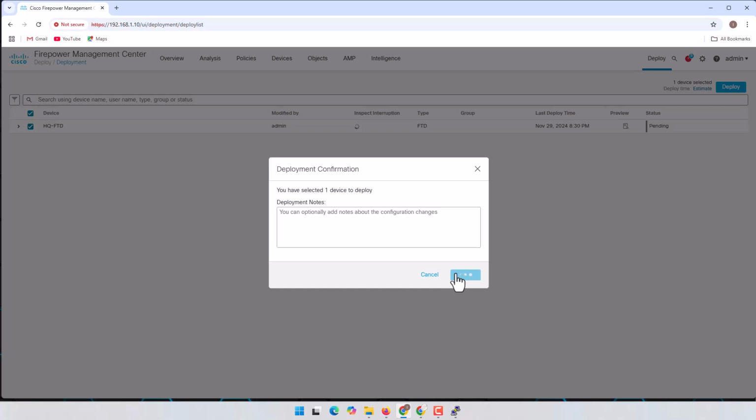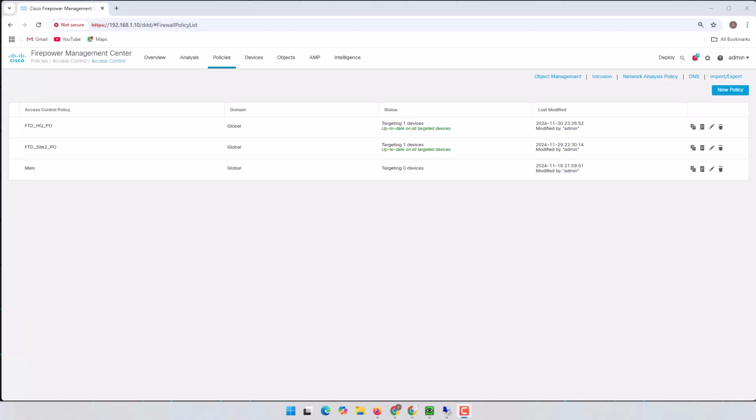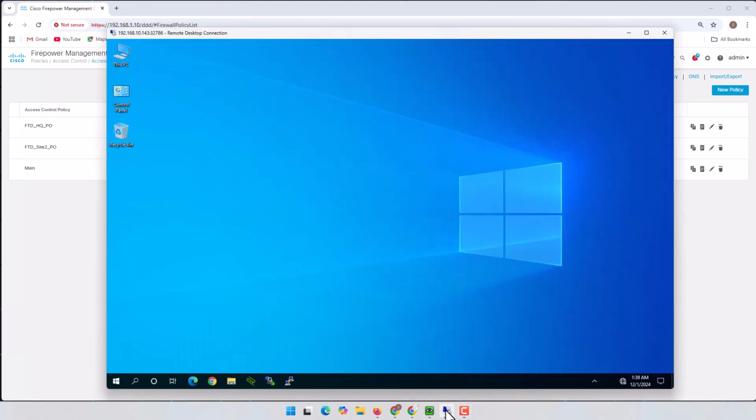And deploy. Now let's wait for this to finish, and then we will go to our PC and check if we are able to access or not. Okay, finally the deployment is completed, and now let's go to our remote desktop PC and try to test our